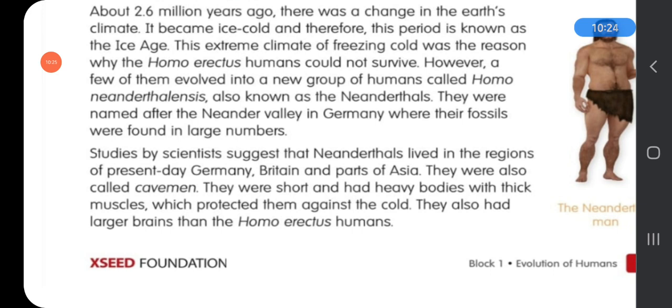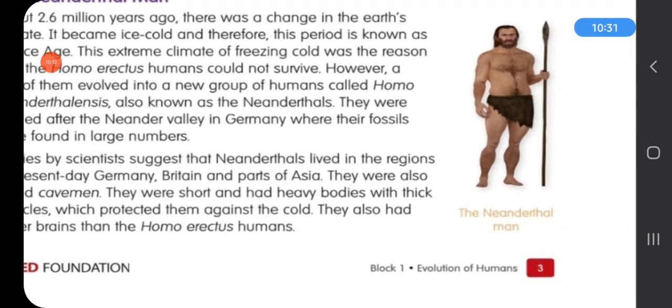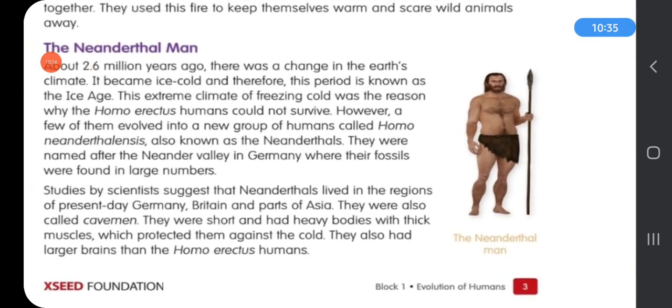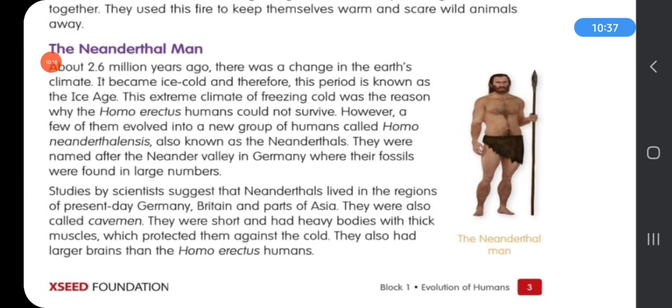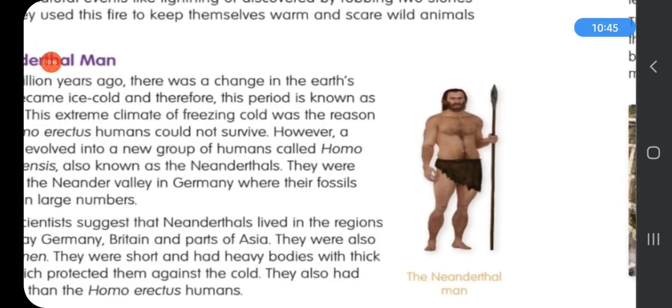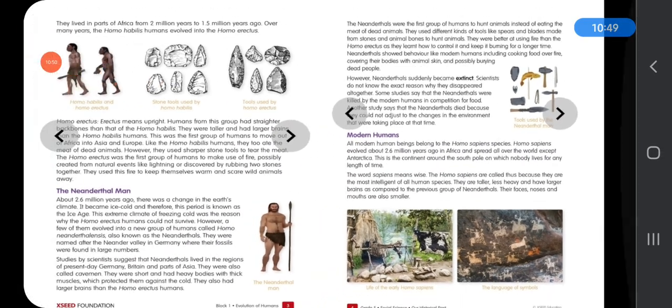Neanderthals. They were short and had heavy bodies with thick muscles. Here you can see in this picture, heavy body with thick muscles, and they were short, which protected them against the cold. They also had larger brains than the Homo erectus humans. Next is the